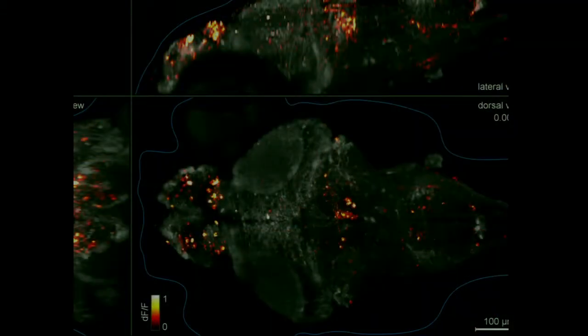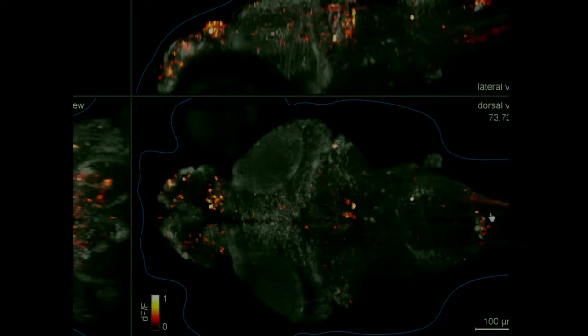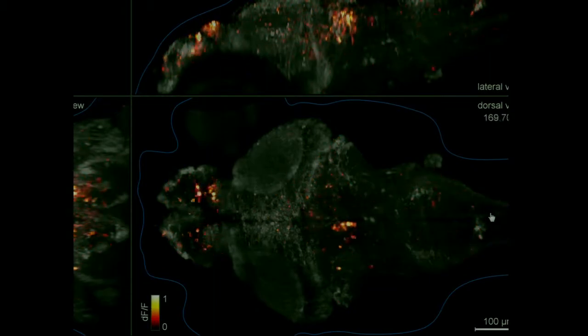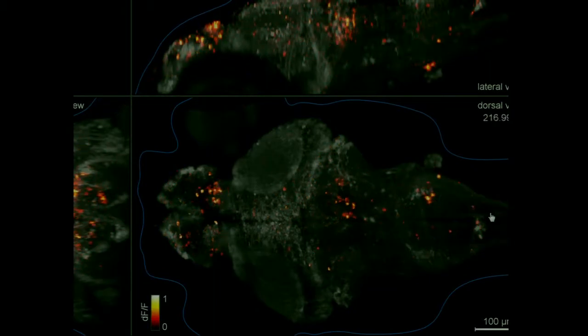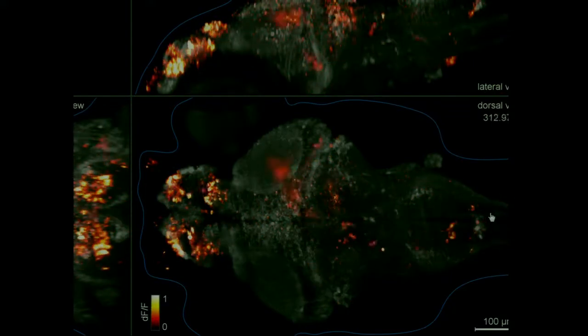So I have to show you this one too. And I'm going to play it. I want you, so you saw the beautiful experiments, okay? I want you to look at this pattern and tell me what the larva zebrafish was doing. What was the behavior that was giving rise to this pattern? You see a lot of the same neurons are being activated that we saw before that were directionally selective. Meditating.